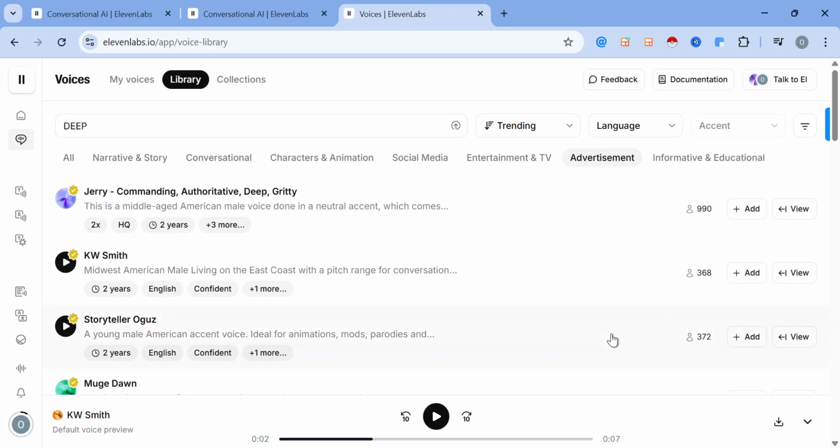Hello guys, and welcome to this video where I'm going to be showing you how to use 11 Labs for your different content creation workflow. So if you're a content creator and you want to use 11 Labs, this is how you can use it